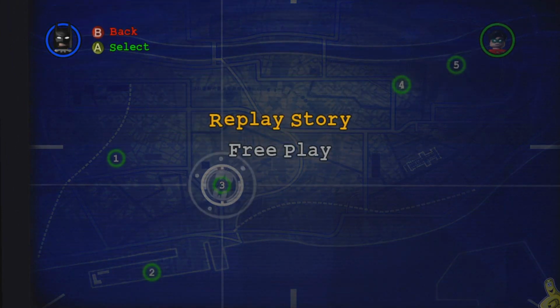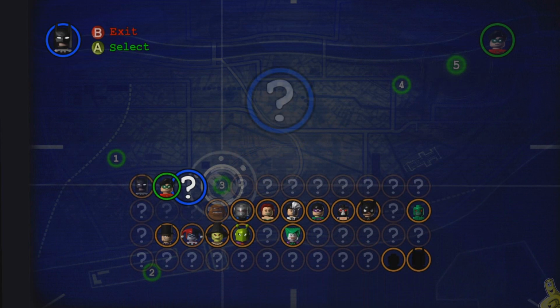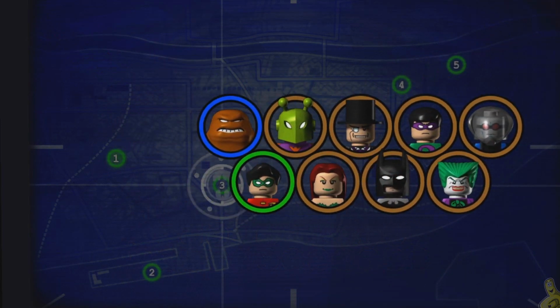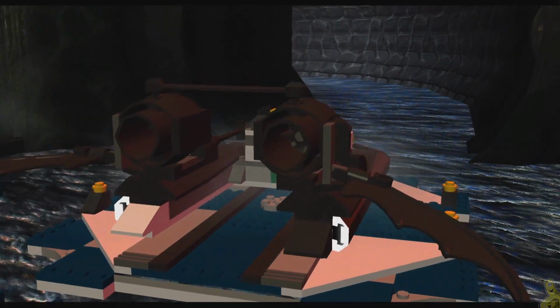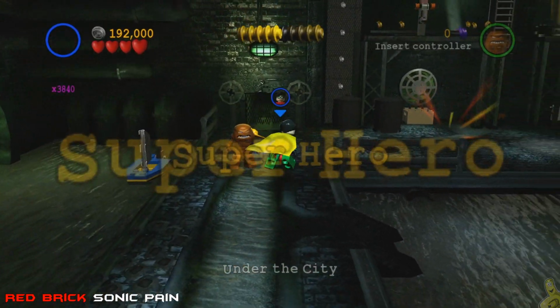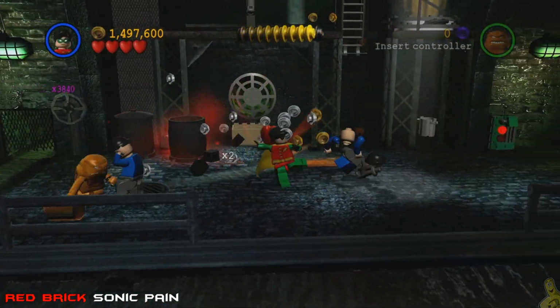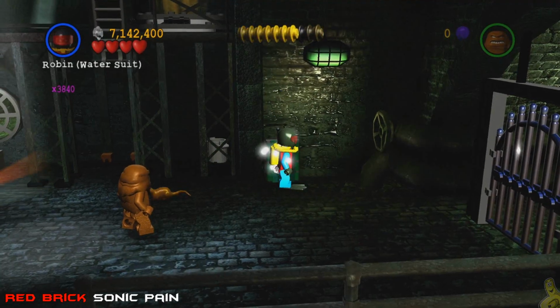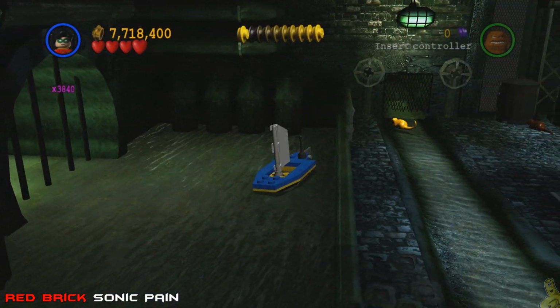You can see Under the City is untouched, with even a frown needing turned upside down. So we're going to go ahead and choose our clay face and let the game choose the rest and jump right in. In fact, I do mean jump right in. As soon as we get going, we get that superhero thanks to our red brick stud multipliers and the attract stud feature as well. And we're going to go ahead and take out a few bad guys